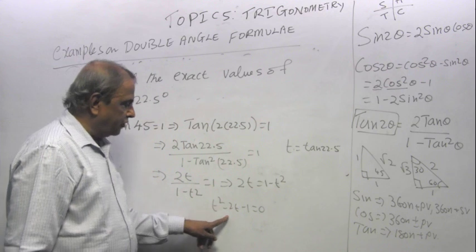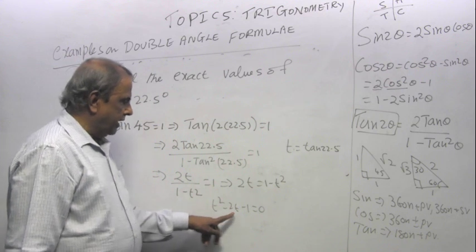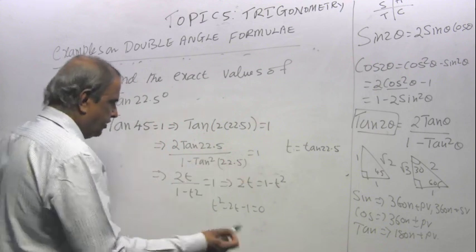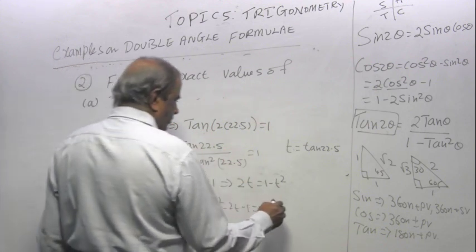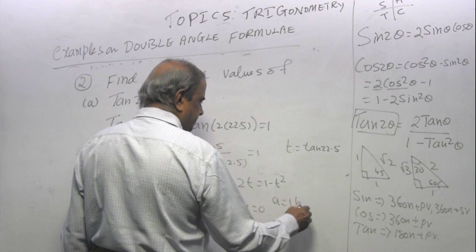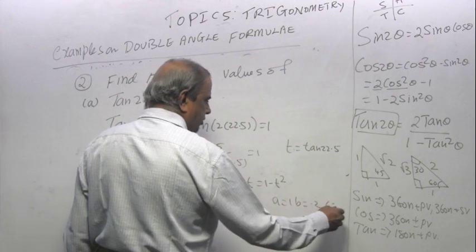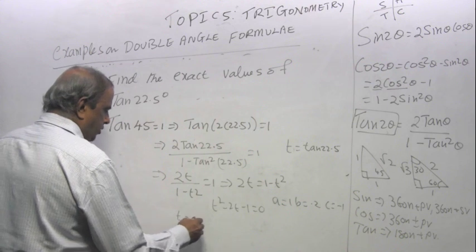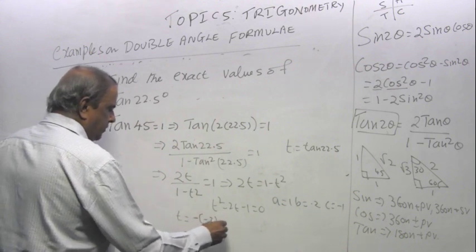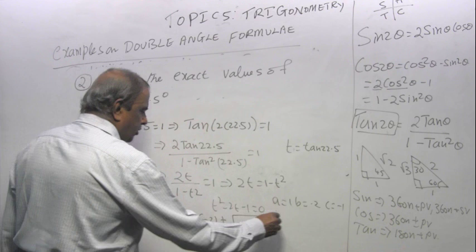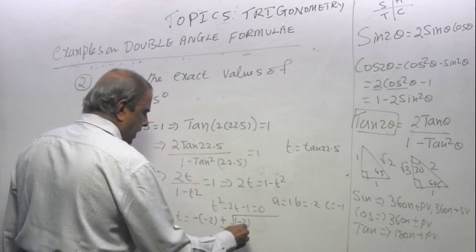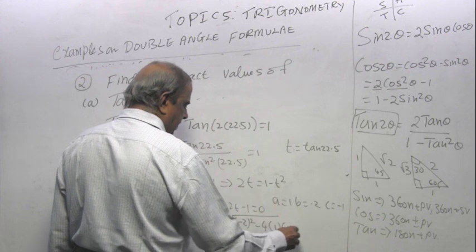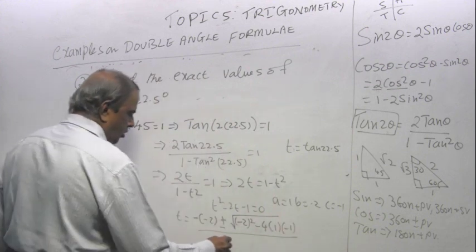Or b squared is 4, minus 4ac makes it 8. It's not a perfect square. So you can't factorize. You have to use the formula. So a equal to 1, b equal to minus 2, c equal to minus 1. So t equal to minus b plus minus root of b squared minus 4 times a times c, whole over